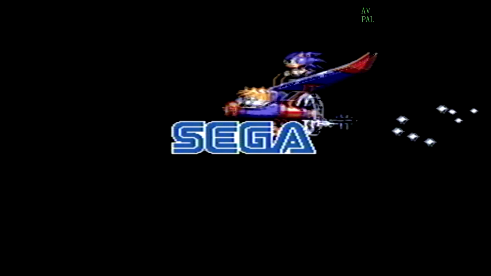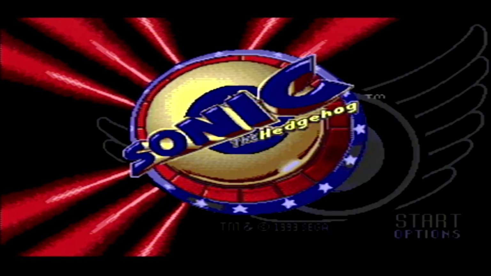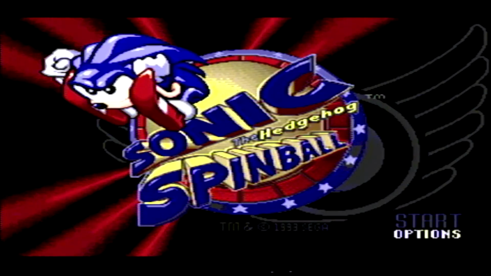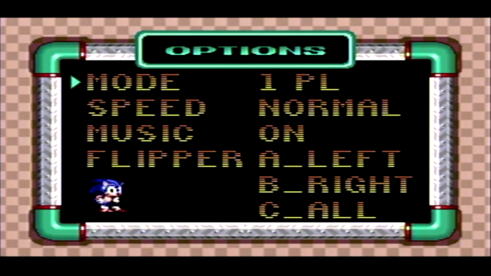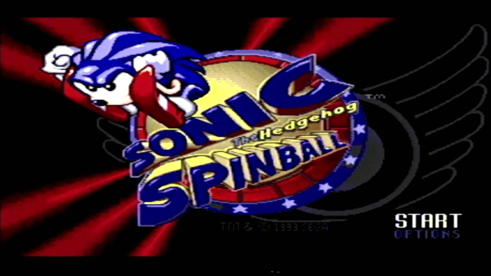Other Sonic games on the console include Sonic Spinball, the code of which can be reached in the options menu. Once you reach this menu, press A, down, B, down, C, down, A, B, up, A, C, up, B, C, up. You should hear a special sound that means if you return to the title sequence, you can select any